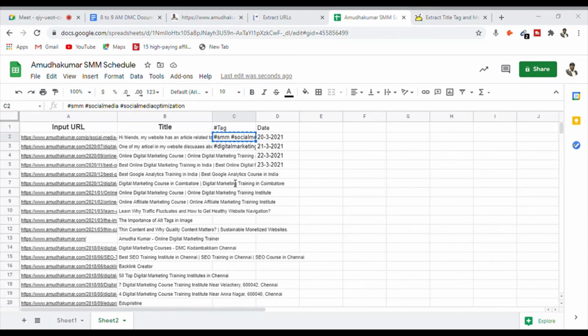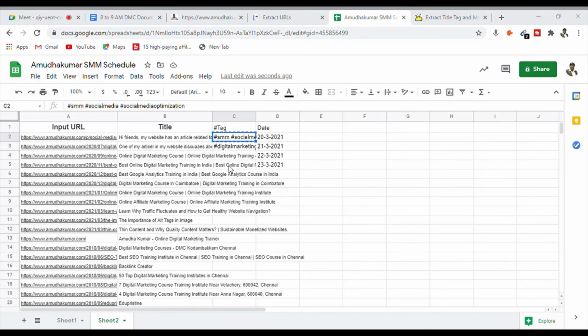So I'm visiting this particular article to see if it has an image. Coming down, the social media optimization content has no image inside. When I check Google, oh, there is an image: 10 important rules of social media optimization. There is one infographic available, but it is at the bottom. I can try to save this image. Save as, I think this is a web page. No, there is no option to save it as an image here.